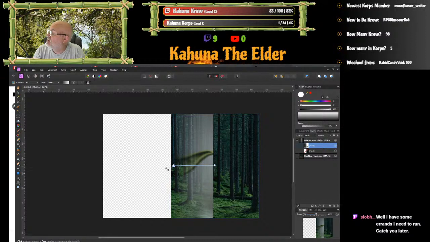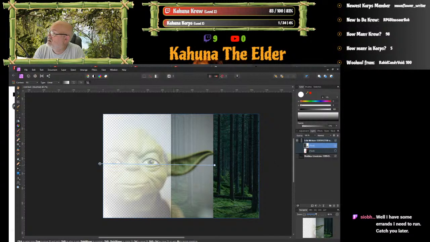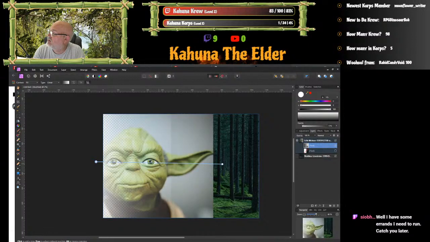And now we simply adjust our layering to show Yoda the way we want. That should be black.